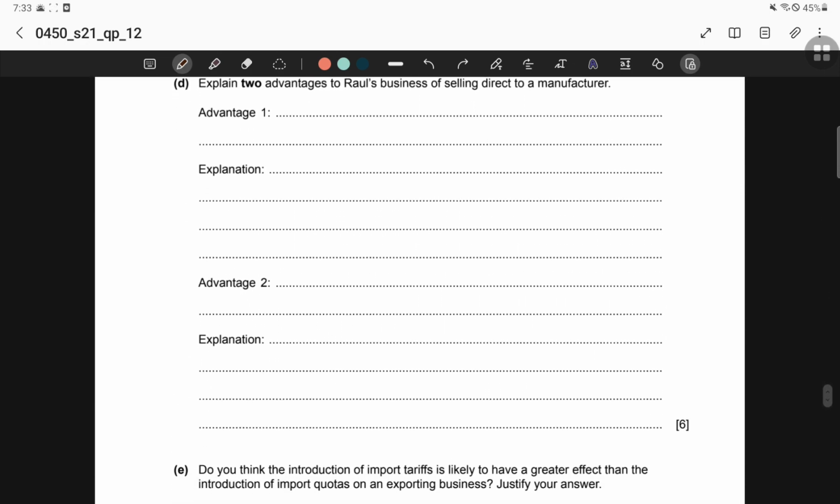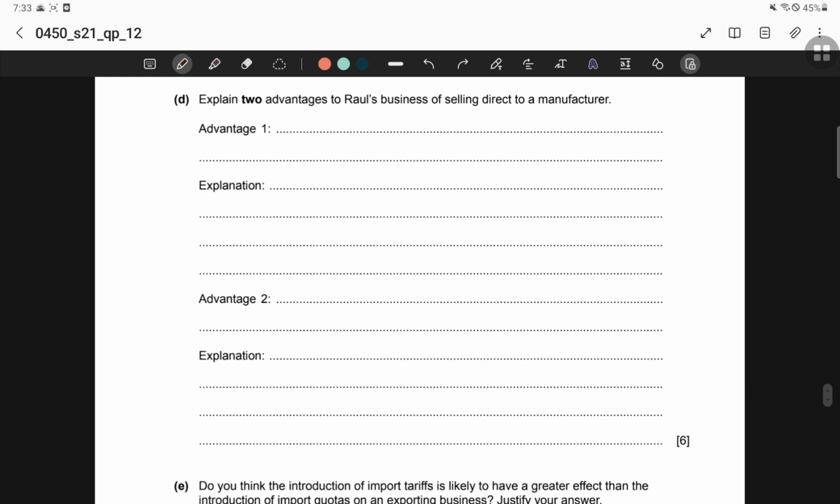Okay, for part D, explain 2 advantages to Raul's business of selling direct to a manufacturer. Well, this one is a good question. So first of all, Raul wouldn't need a middleman, and the process will be much easier, and his business will be able to connect with the customers, so they will know the customers' demand. They don't really have to do surveys or anything. They know exactly what they need to produce when selling to the manufacturer of